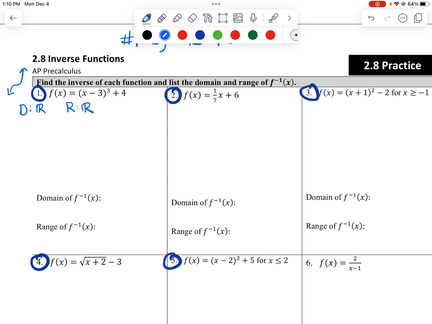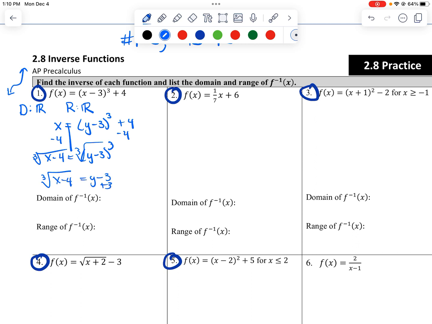So to find the inverse, we switch our x and y. So x equals (y minus 3) cubed plus 4, and then we solve for y. Minus 4, minus 4. And then let's take the cube root. So the cube root of x minus 4 equals y minus 3, and then add 3. So we have the cube root of x minus 4 plus 3, and that's y, so I'll denote it with